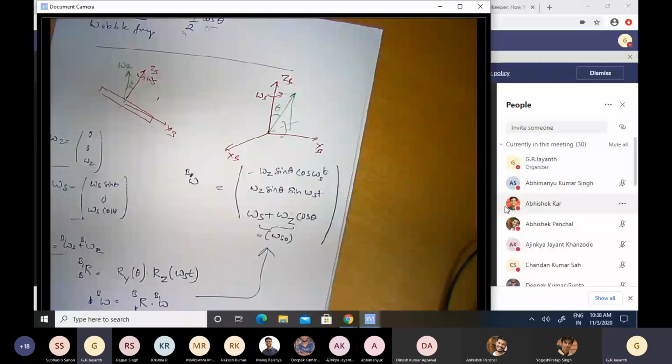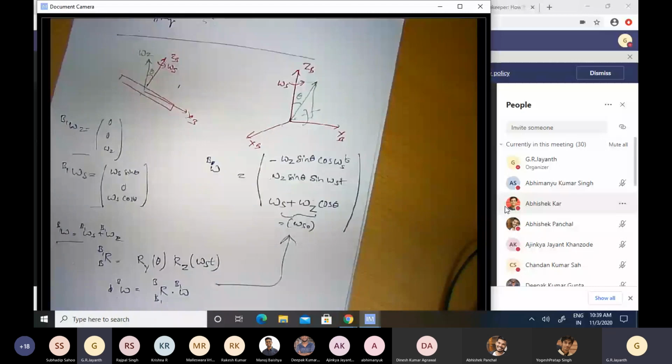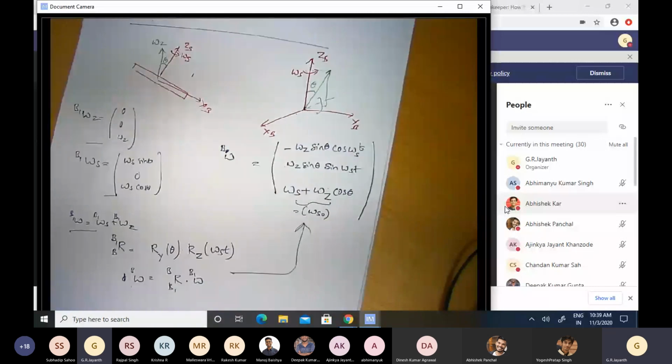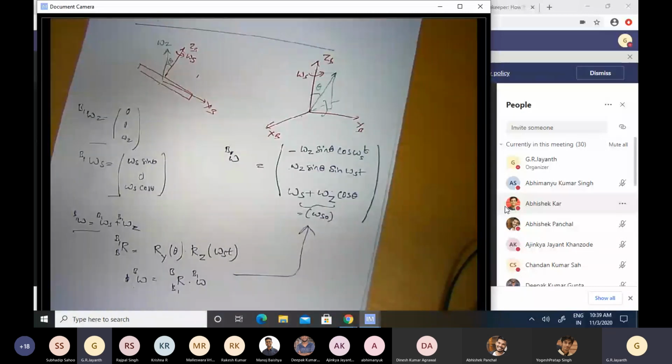Okay, so why are we doing this? We are doing this for two reasons. I want to give one more practical example. Earlier I took the example of a frisbee and showed that the frisbee spin rate is exactly half of the wobbling rate. The second example I want to take is that of our own planet Earth.